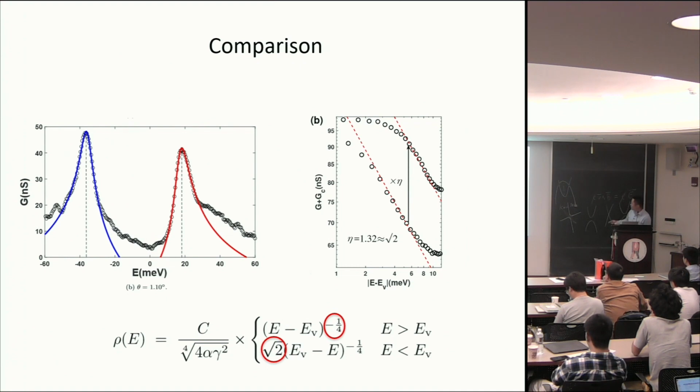Moreover, because this high order Van Hove singularity has an intrinsic asymmetry at +E and -E, they differ by a square root of 2. So it means that these two straight lines should be offset by a square root of 2. And here what we get is close. So this is evidence that at least in this particular device, the system is close to this high order